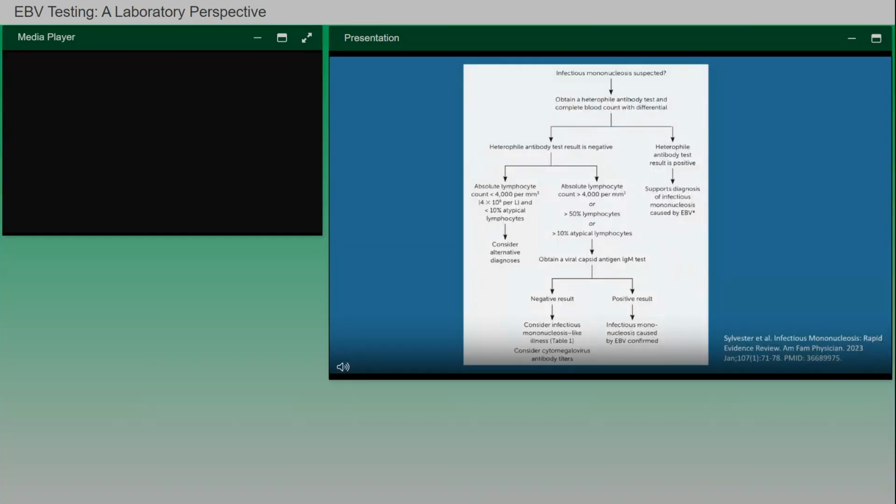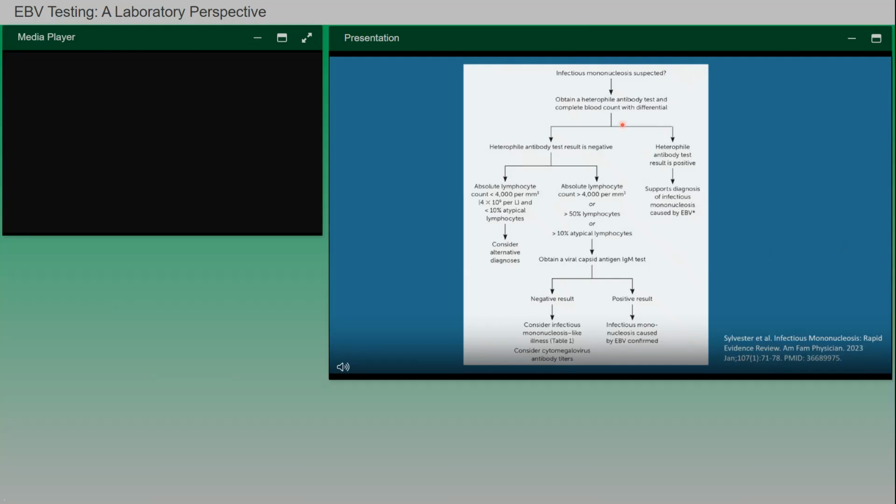So here's an algorithm that I found, and again, this is fairly recently published in American Family Physician, and this is a typical algorithm for maybe your smaller clinician office, your primary care location, where you're not going to have immediate access to a lot of serologic tests like I showed you. So maybe consider this like a cheaper, faster algorithm where you suspect